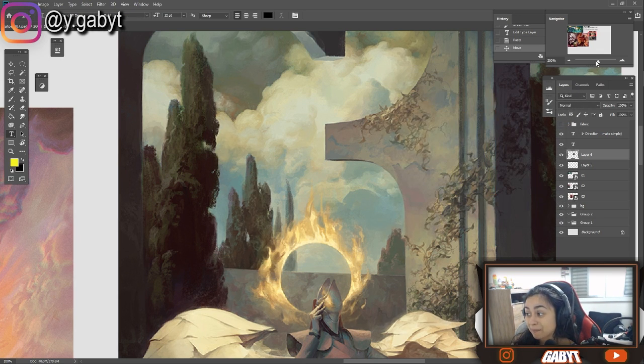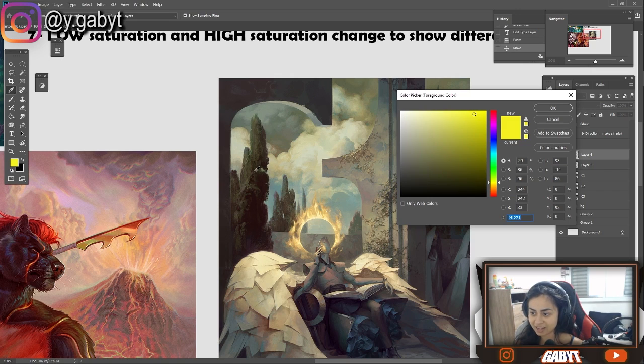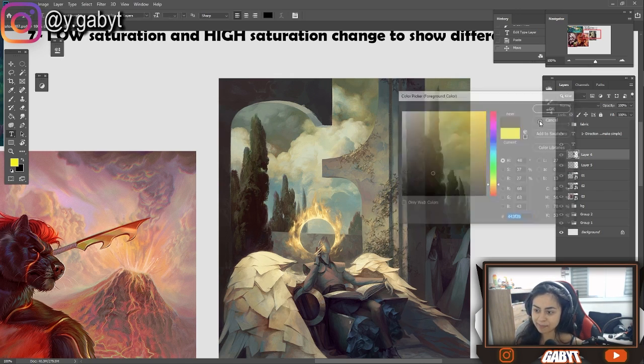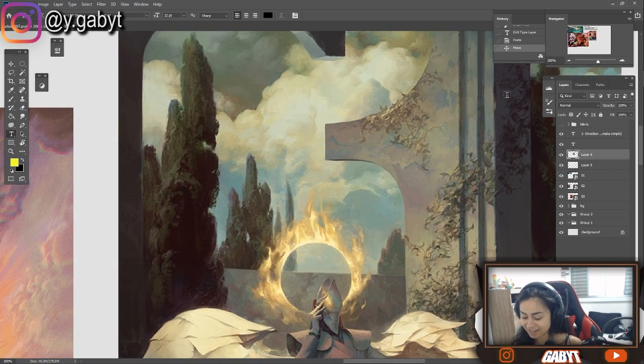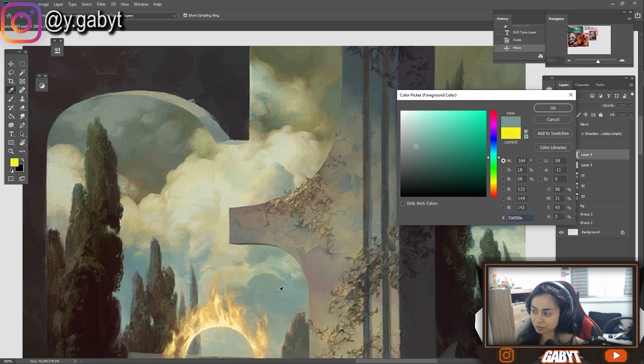And while you are painting a background, you can totally do this. That's why it's so important for you to understand how gray levels, high saturation, low saturation work. Because this guy was using yellow with a low saturation and dark, and he made it look green. He made it happen, okay? He made it happen. This sky looks blue. Is it blue? Yes,